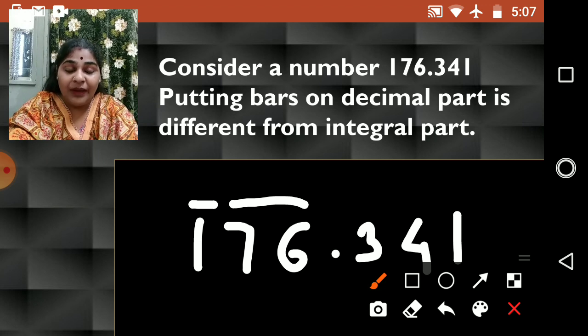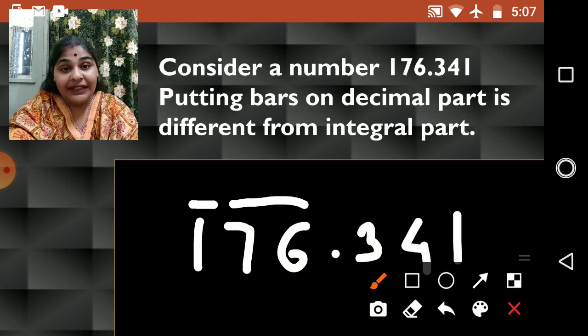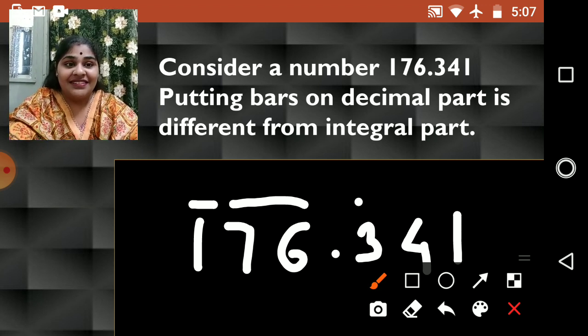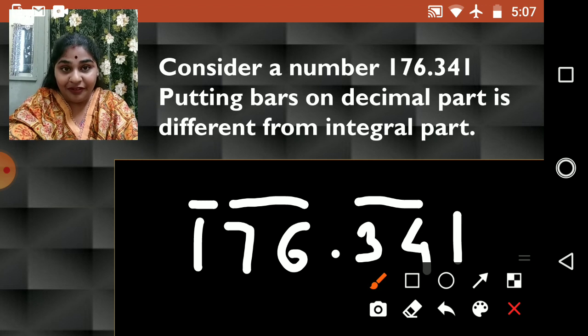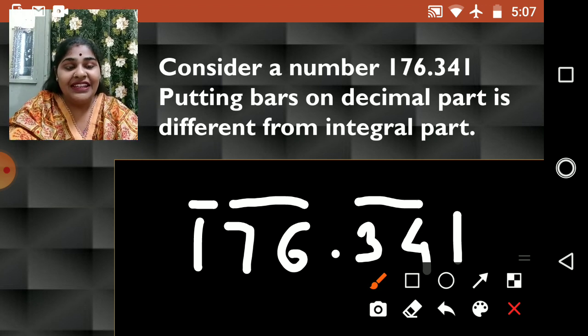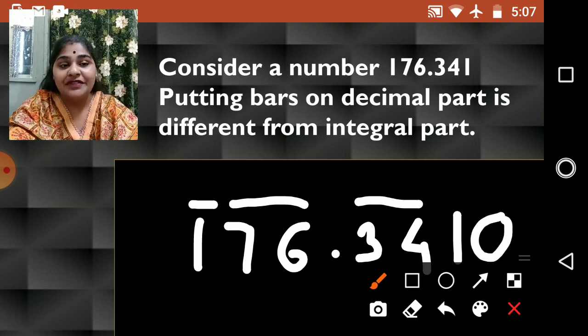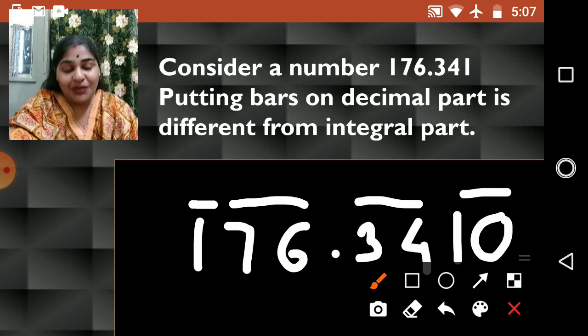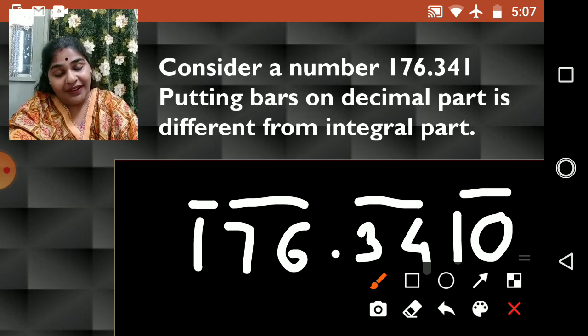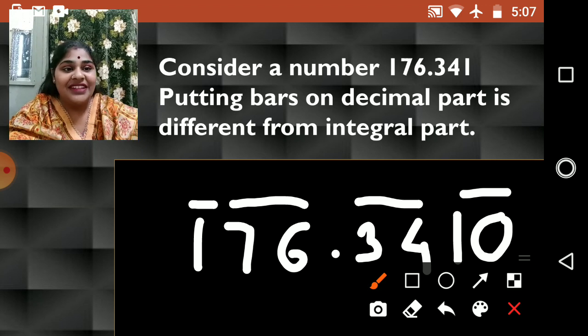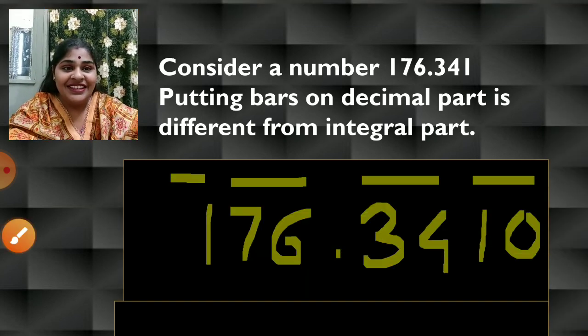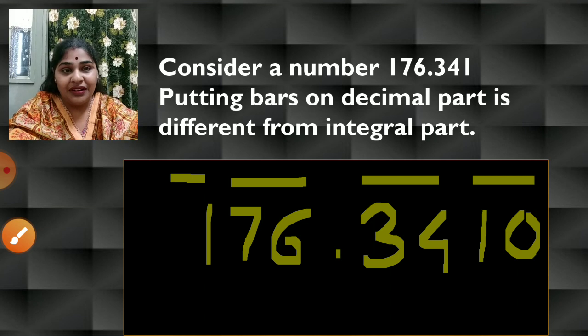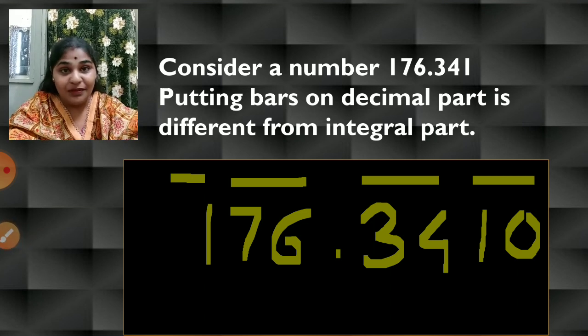Okay, but here now it is different in the decimal part. You will always start pairing from the 10th place, that is 3 4 will be your first pair, and remaining, now after decimal you can give zeros if there is a single number. Okay, so this 1 0 is my next pair. I hope this is understood. Yes, so this is how you have to pair the decimal numbers.